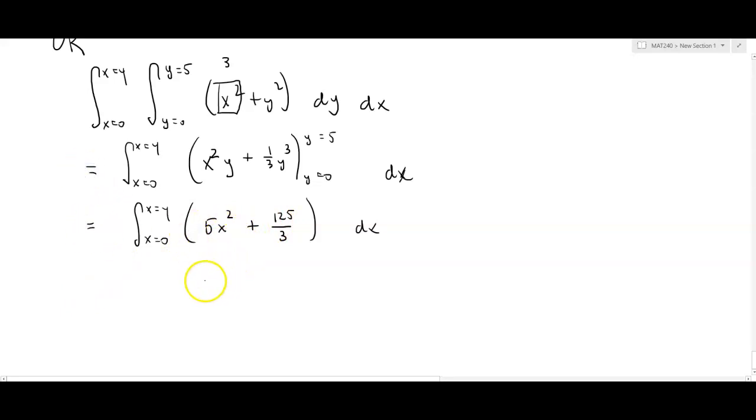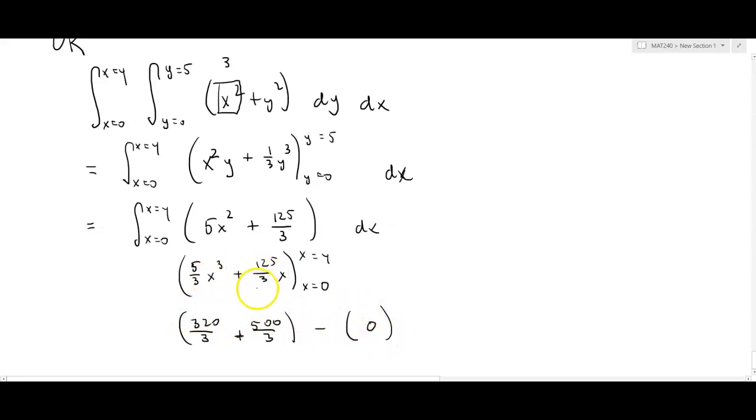So almost there. The integral of 5x squared, now we don't have to worry about holding anything constant, is going to be 5 thirds x cubed plus 125 thirds x. That's going to get evaluated at x equals 0 and x equals 4. And let's see, 4 cubed is going to come out to 64 times 5 is 320 thirds. So we'll have 320 thirds here. 125 thirds times 4 comes out to 500 thirds. And then, of course, we're going to subtract away 0 because we're going to be plugging in 0 for x here. And not surprisingly, 320 thirds plus 500 thirds comes out to, you guessed it, 273.3